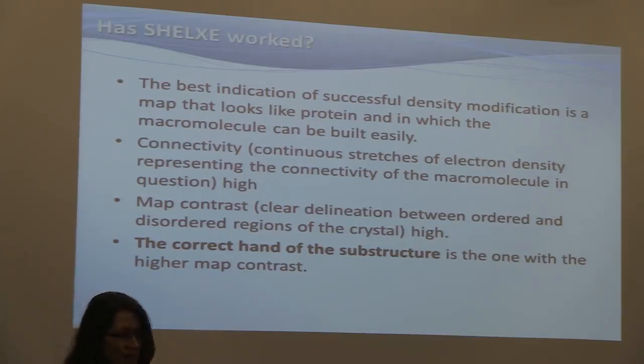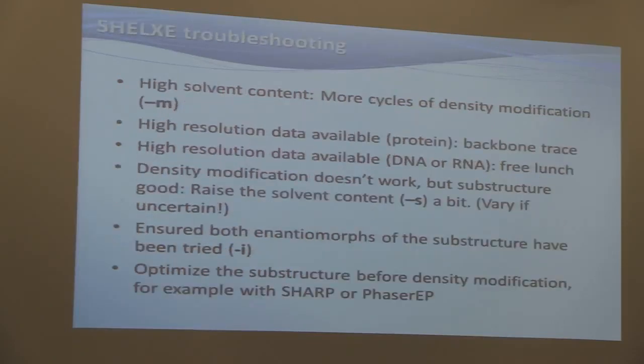You should, though, always choose the right hand. Connectivity should be high. That's a value that it gives to you. Map contrast should be high, because protein map is usually connected, and usually there is strong contrast. And, yeah, you need the correct hand. That's important. If it doesn't work,